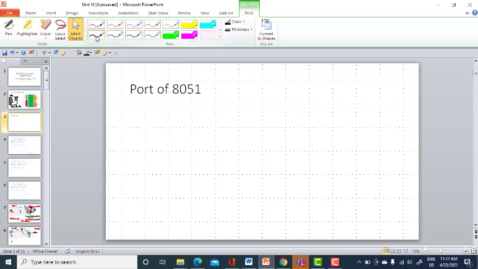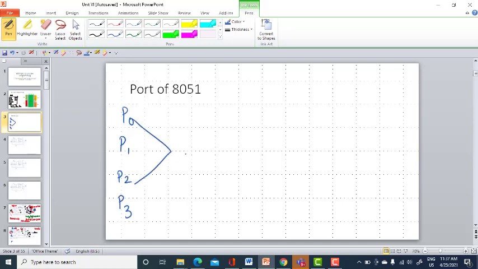So, coming to the ports of 8051. How many ports do we have? As I said already, you have port P0, port P1, port P2 and port P3. All the 4 ports are bidirectional input output ports.